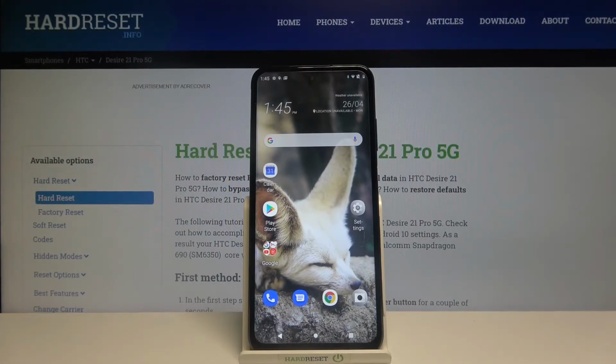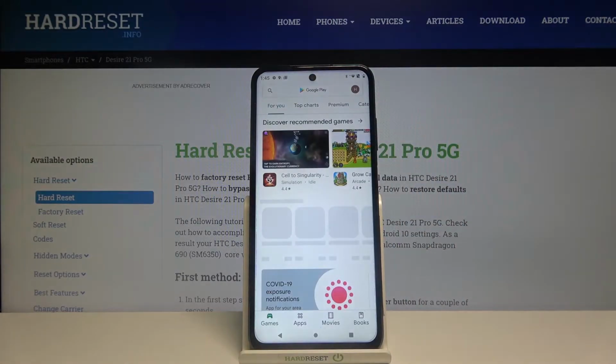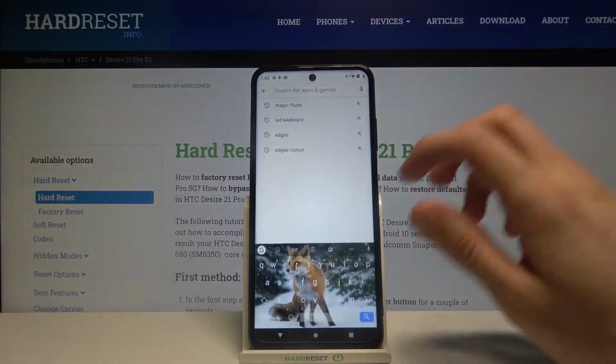Hi and welcome, I am here today with HTC Desire 21 Pro and I'll be showing you how to customize your notifications bar. First you have to go to the Google Play Store and look for an application called